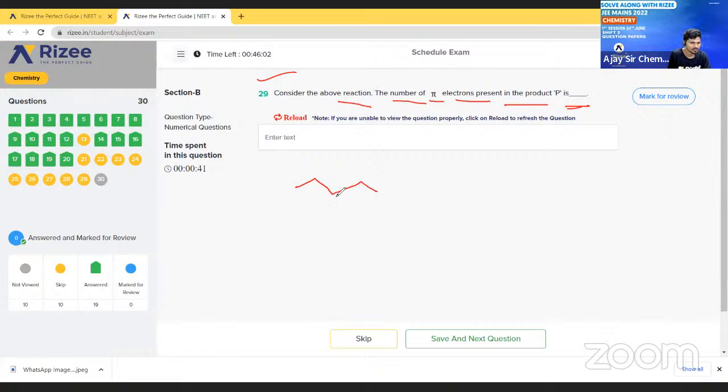I'm writing the reaction over here. I think there is a question printing mistake. Cl and a double bond, and here NaOH and H2O are there, and here one product P is there. So in this product, they are asking,